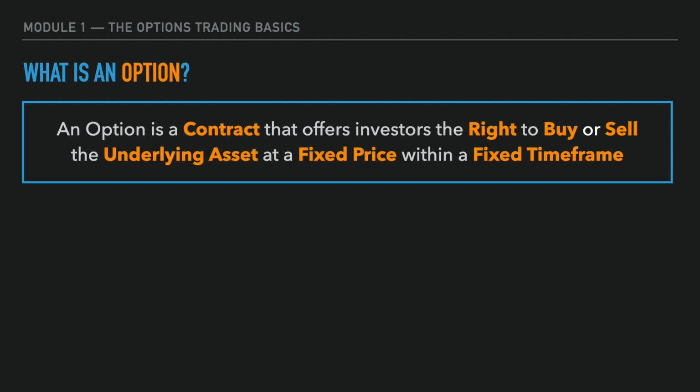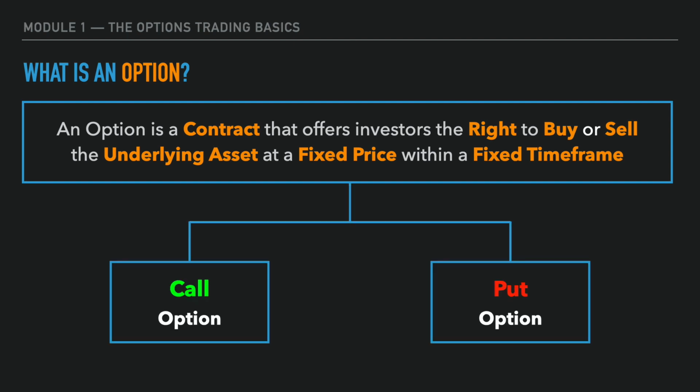Alright, so when you fully understand these keywords, then you will be able to understand what exactly an option is, and move on to learn how to trade options as a financial instrument. As mentioned earlier, there are only two types of options that we can use, the call option and the put option. All the options trading strategies in the world are basically different combinations of these two. If you are still confused by what exactly a call option or put option is at this point, you don't have to worry. In the next module, module 1.2, I will go into much more detail with real-life examples